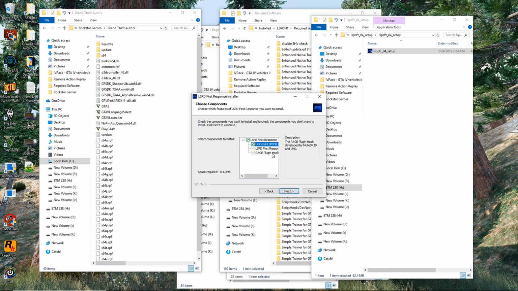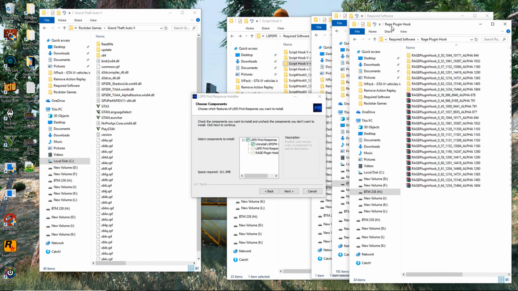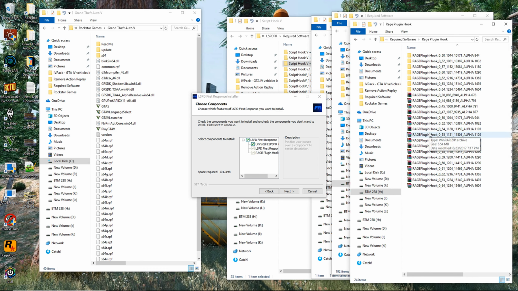So if you watch this and there is a more current or updated version of Rage Plugin Hook, please make sure you download that, because you're going to have to update the Rage Plugin Hook. So keep that in mind. You have to check with the site to make sure you have the current, most up-to-date Rage Plugin Hook. Like I said, I have a copy, and keep this stuff downloaded, because as I've told you in previous videos, this stuff does not stay forever. They will delete it when they update it,